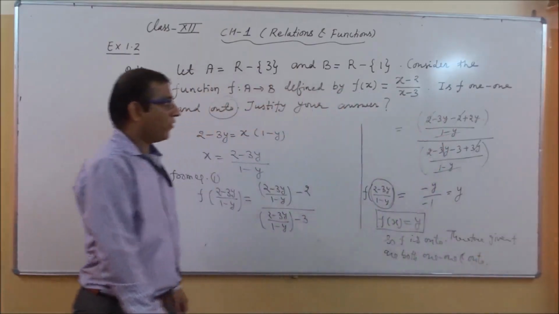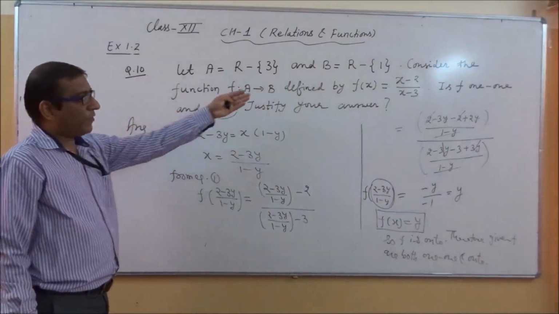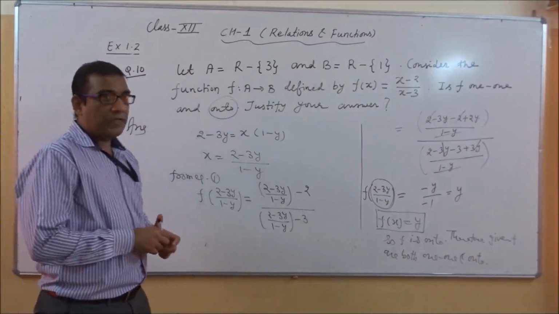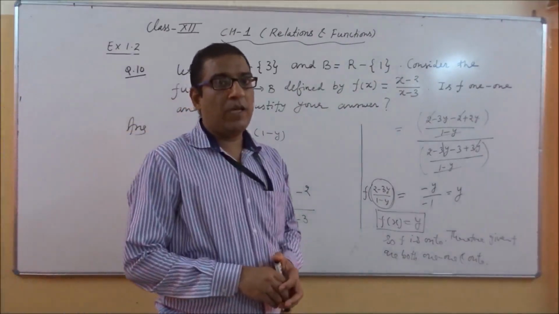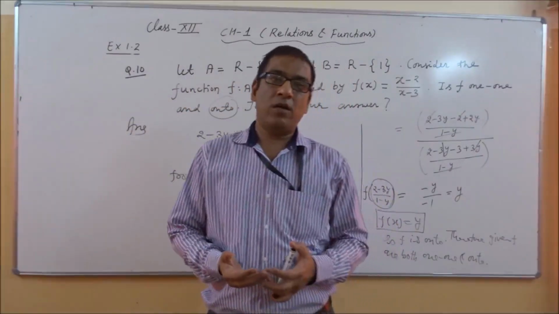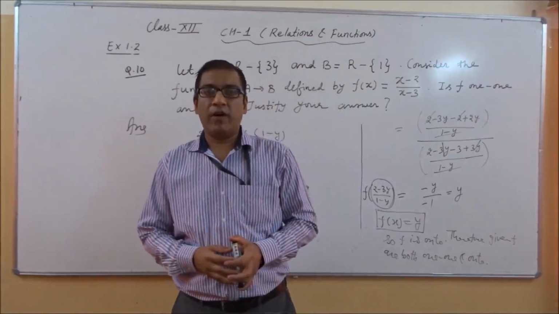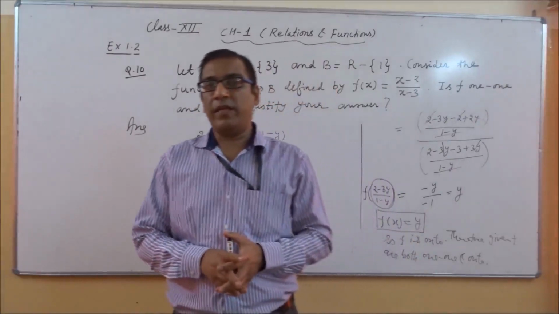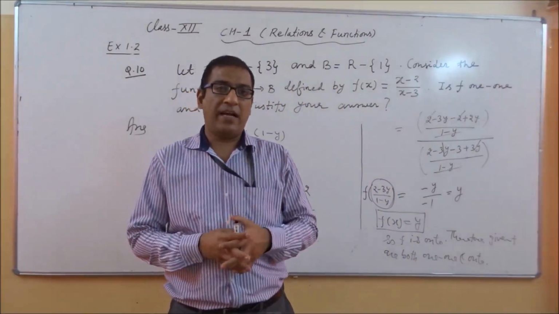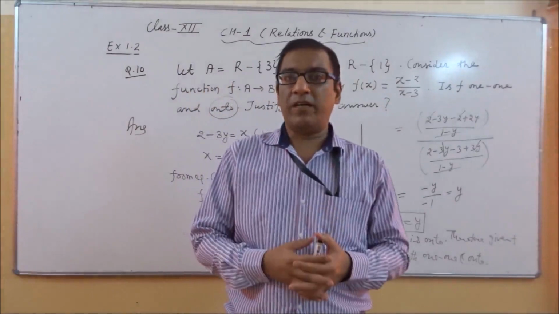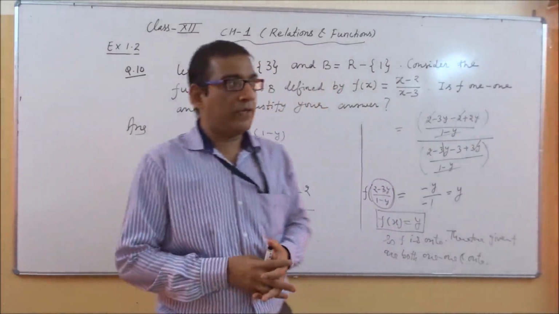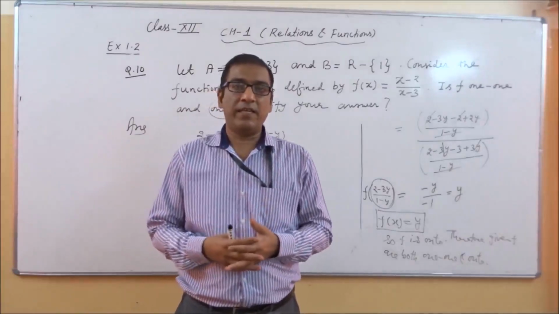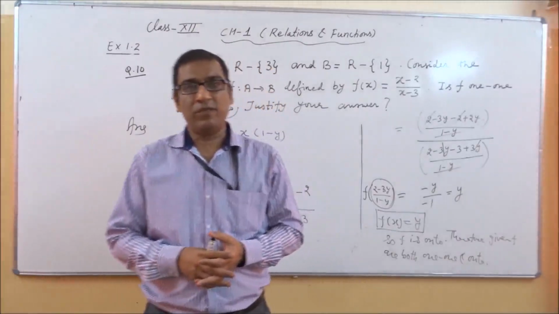With the help of this procedure, we can easily say whether that type of function is 1-1 and onto. I hope with the help of these questions, you will easily solve the questions related to 1-1 and onto. When a function is both 1-1 and onto, then we can say it is bijective also, and the other name of bijective is invertible. I hope you will solve the other questions related to bijective functions. Thank you very much.